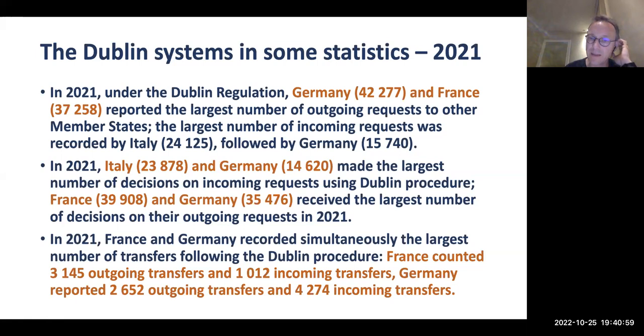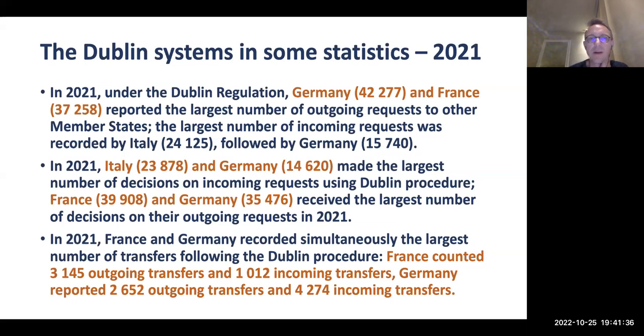And in the end, as you can see, although Germany has more outgoing requests, actually they take more people in than actually going out, which is quite striking as well. These numbers have to be treated with caution, obviously, because I assume they take into consideration only those transferred forcibly, so not taking into consideration all those voluntary transfers, where people go voluntarily to the country of first